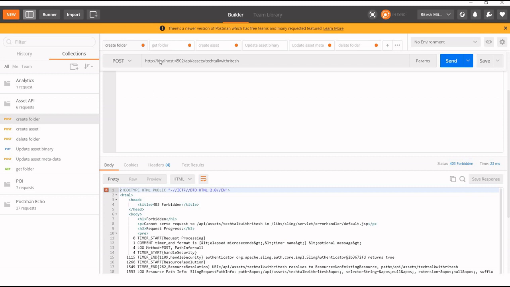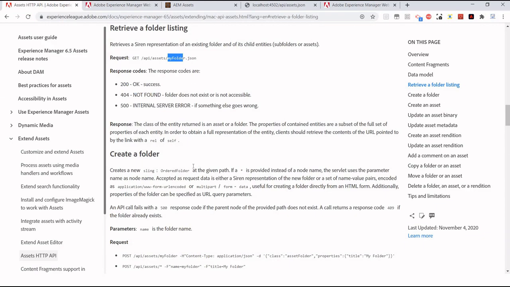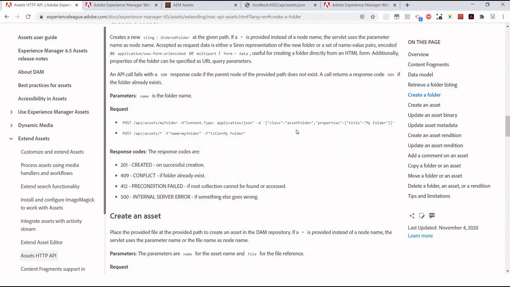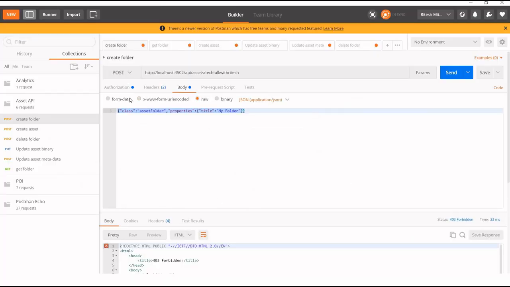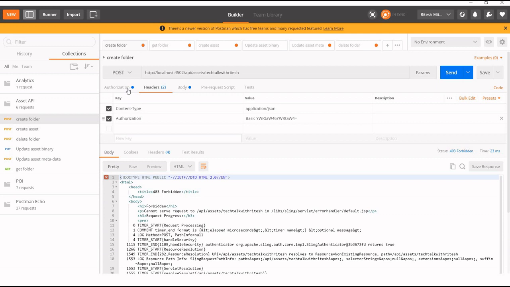Okay, it's showing a 403 forbidden error. Let me just see. We need to set basic authentication.